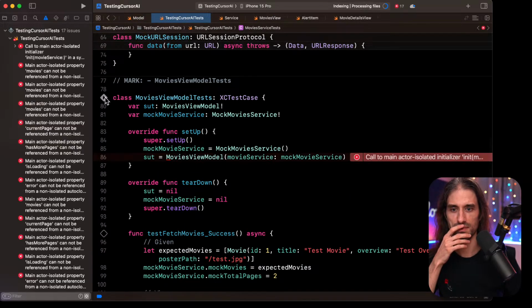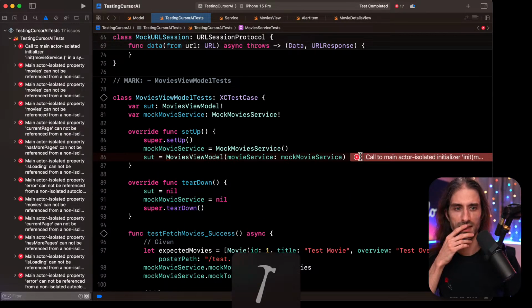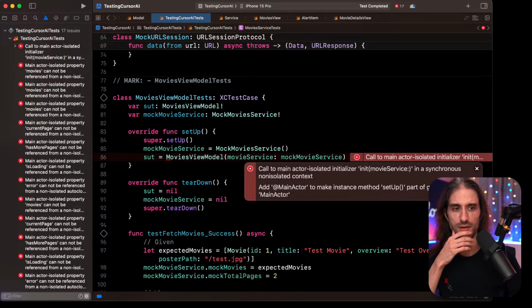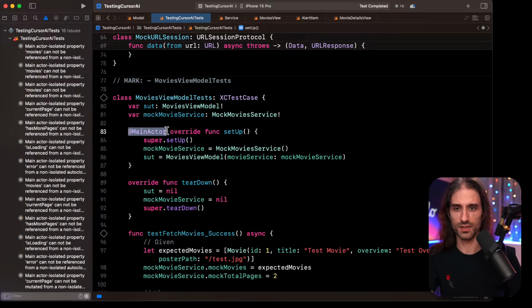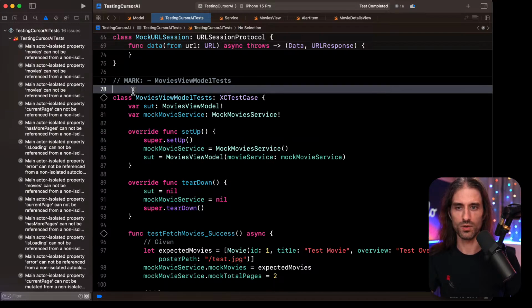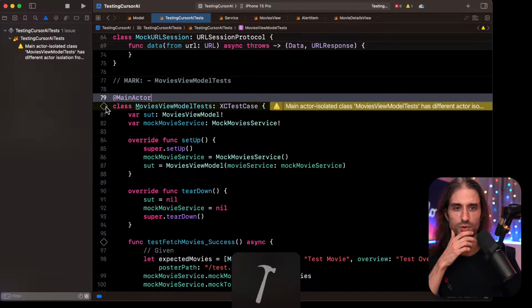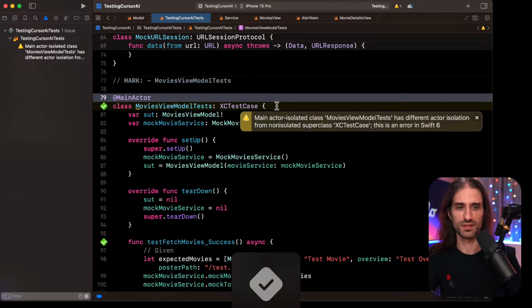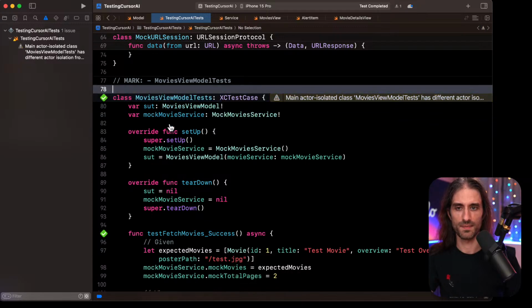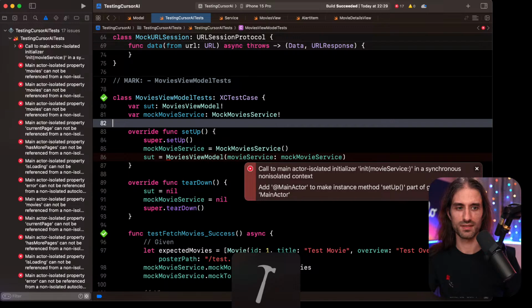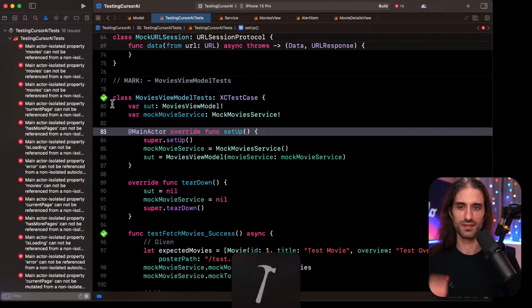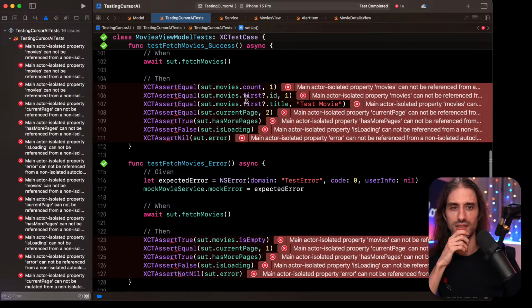And let's run them. So we have an error, but we can just... You know what? I guess we can just even make the whole class main actor. I'm not sure if it's the best, no. So maybe I should have just kept this one to be... oh my god.